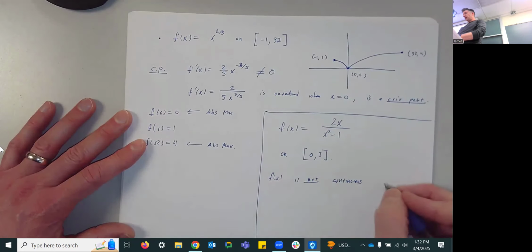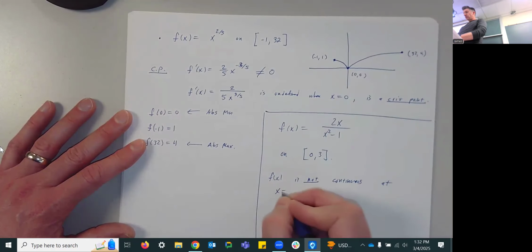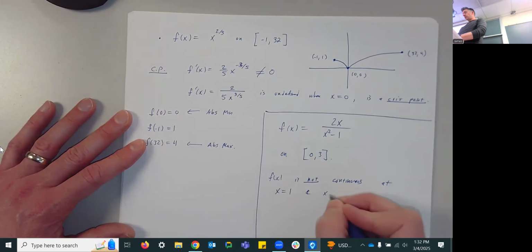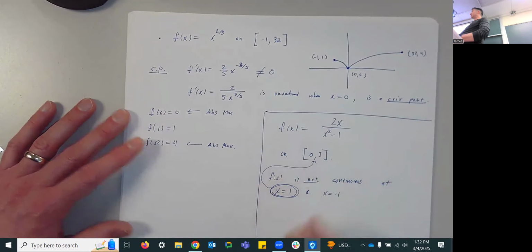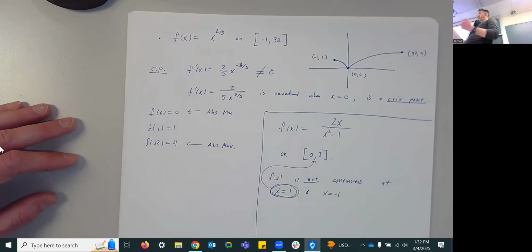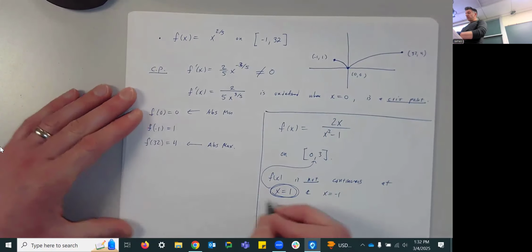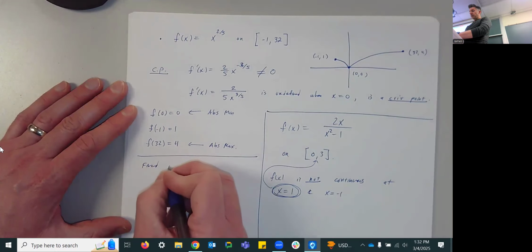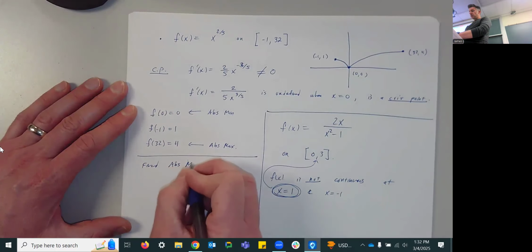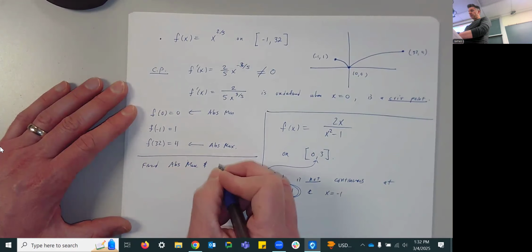Specifically, it's not continuous at x equal to 1 and also x equal to -1. But that's a problem because 1 is in the interval from 0 to 3. On the other hand, it'd be perfectly reasonable to ask the question to find the absolute maximum and absolute minimum